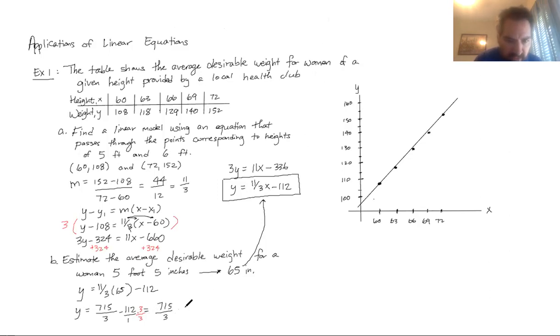All right, so that is 112 times 3, that's 336 over 3. Now I've got a common denominator, and I can subtract the numerators here. That's 379 over 3, which is 126